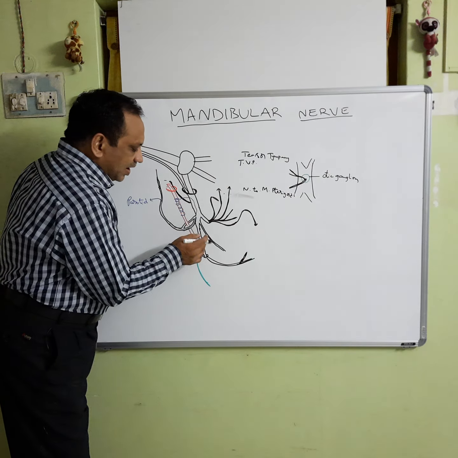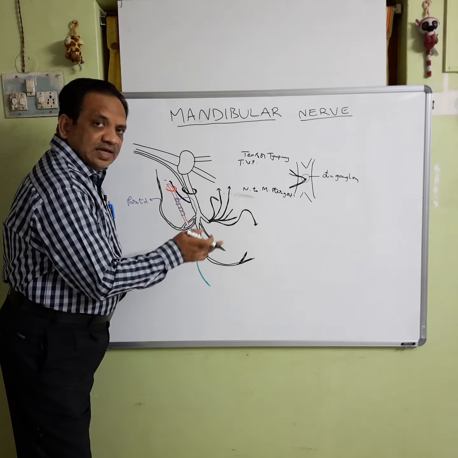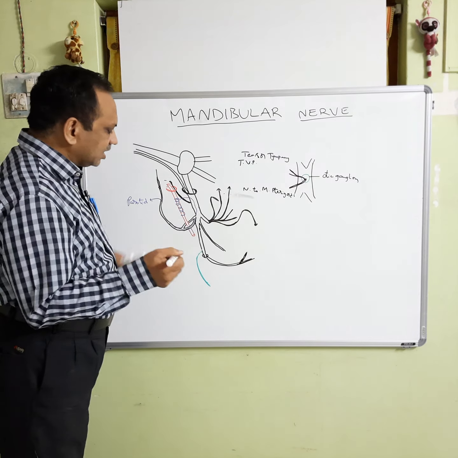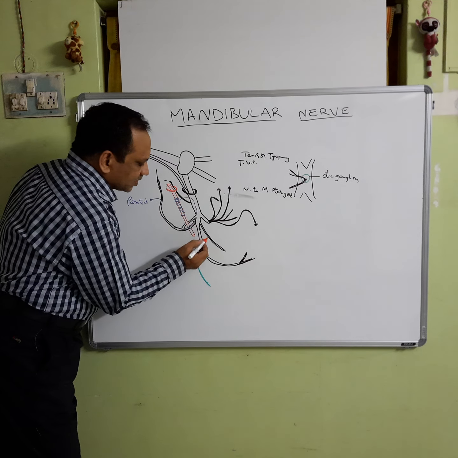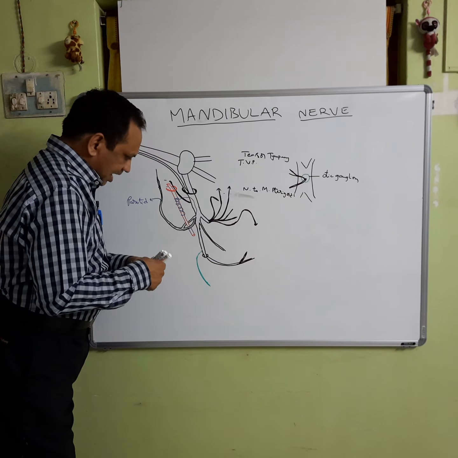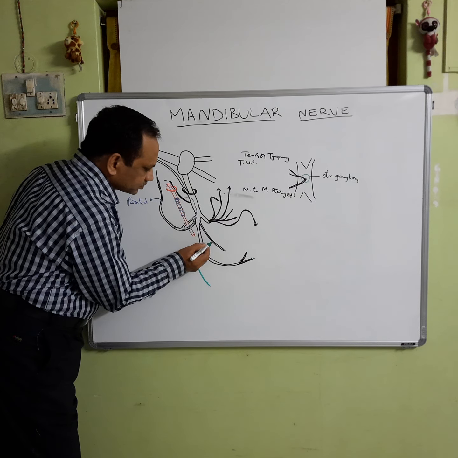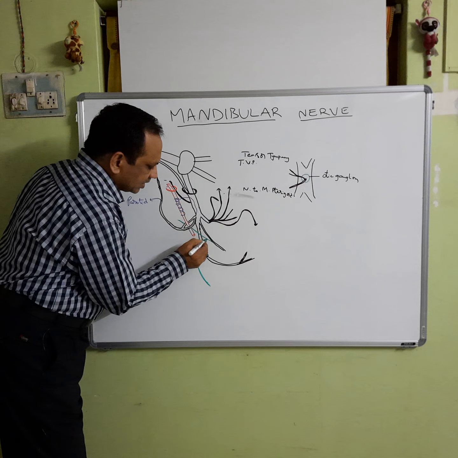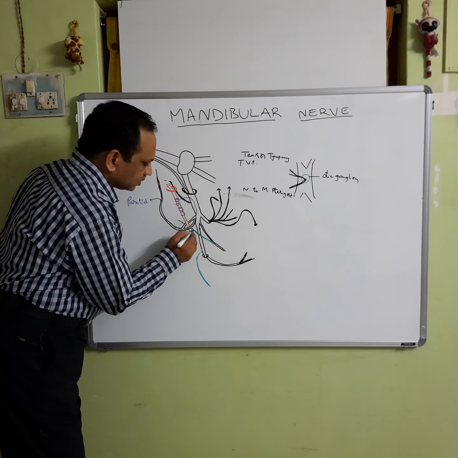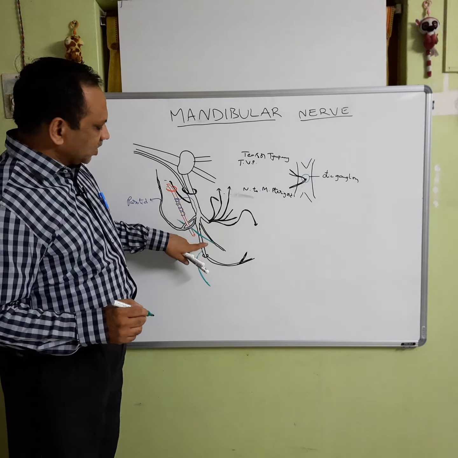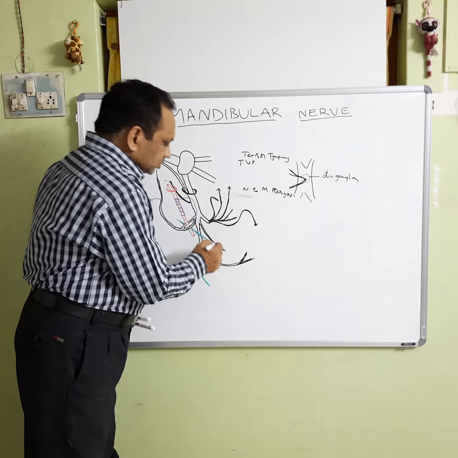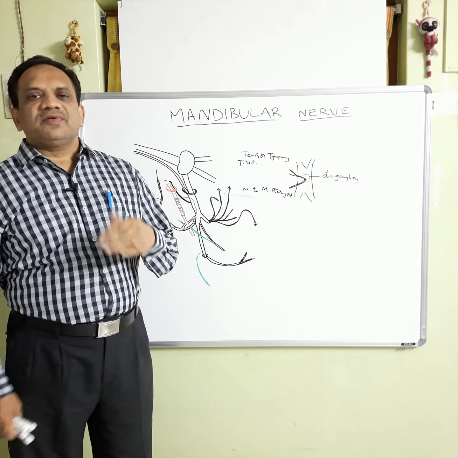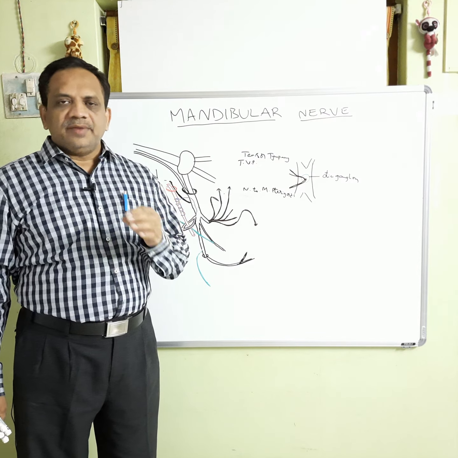Okay, so while it is behind the lateral pterygoid muscle, it receives a branch from the facial nerve, that is the chorda tympani branch, which joins this nerve at an acute angle. I will just give another color. Like this. This is the chorda tympani nerve. So this lingual nerve goes to the tongue and it innervates the mucous membrane and muscles of the tongue.